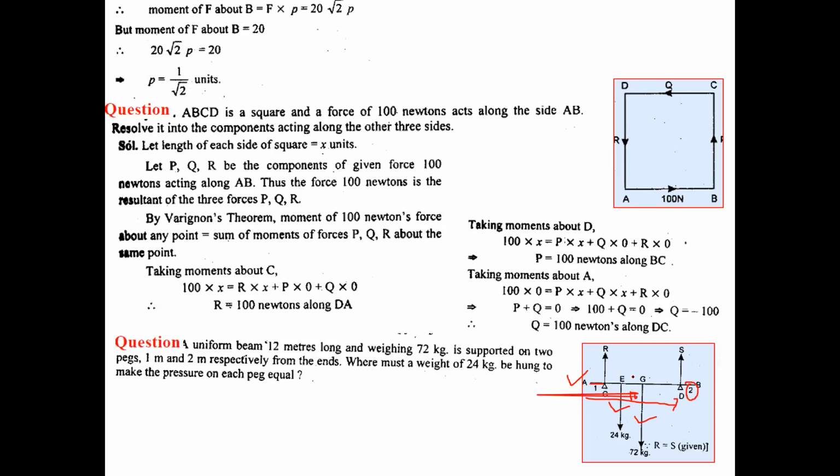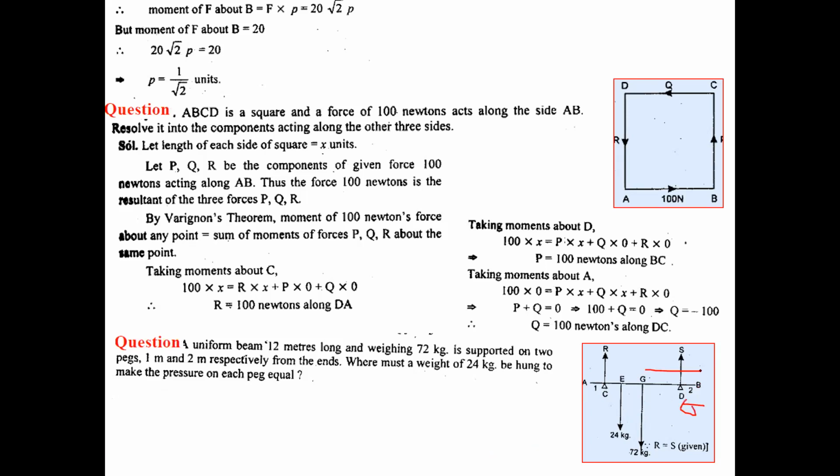The E point, we have selected x, and AG we know is 6. So from point A we are comfortable finding all the distances. That's why we are taking the moments about A. You can also take the moments about B, because from B you are also comfortable finding all the distances.